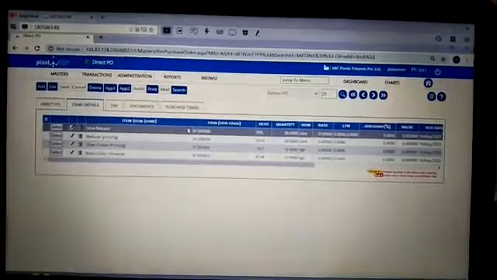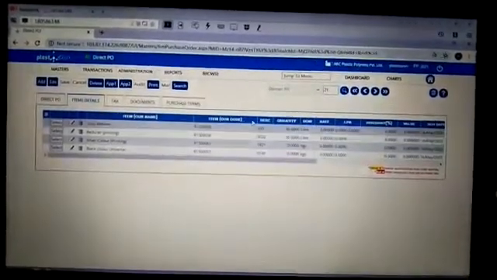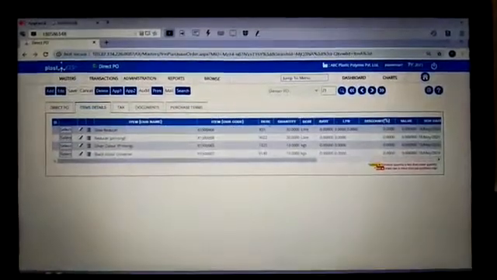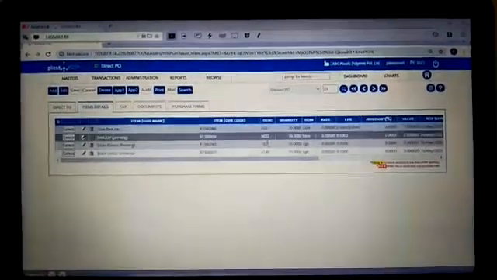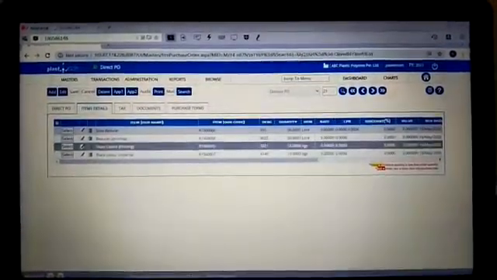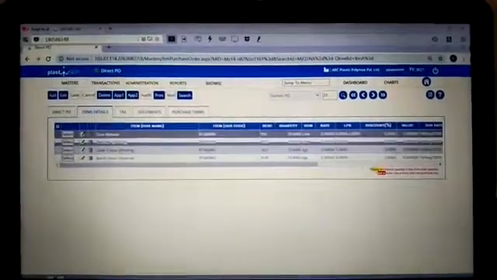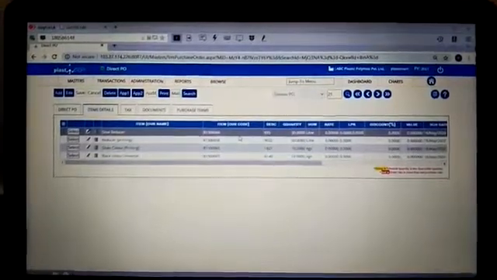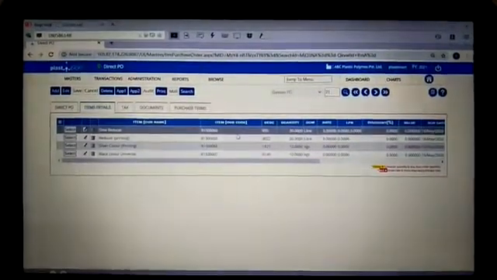Then description. Optional description of item. It comes from item master. Item code. Automatically display here item code.